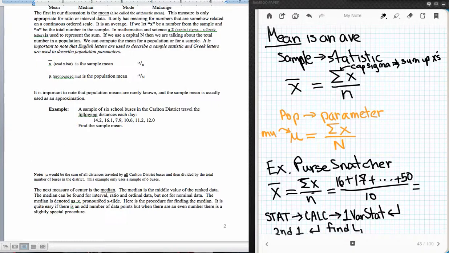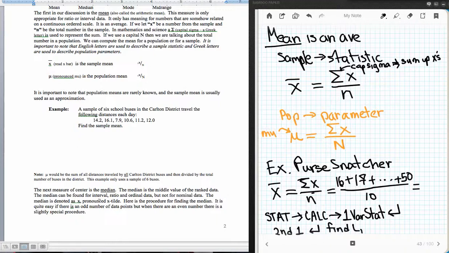Okay, so once we have all of these added up, the 16 through the 50, then we put it in. Now I've written down here at the bottom the instructions for actually doing this with your calculator. Once you have data entered into your register, then you're going to hit the stat key, then move over to the calculate menu, and with the one variable statistics highlighted, which you will once you're in the calculate menu, hit the enter key. Then you're going to hit the second function key, and then the register number that you're in. Mine is in register 1, so second function, the number 1. Then I'm going to